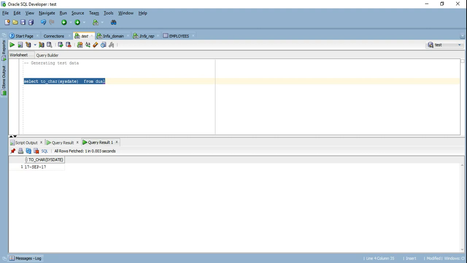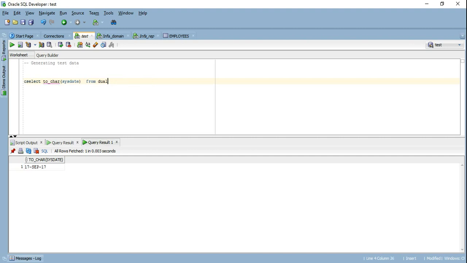Like I have a table in which the data is stored on a daily basis. So I want to retrieve only those rows that were entered on that particular day. How I can do that is I can specify in the where condition where selected date is equal to select toChar from dual. So it's going to allow you to do that, and it's a dynamic thing. Every day the sysdate will change and automatically you will get the correct data. So these are some of the reasons why you use dual table.